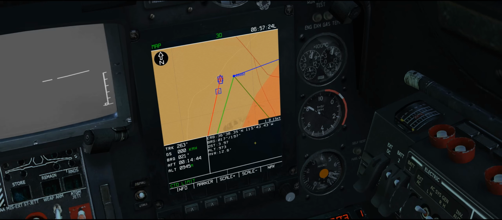And depending on how quickly you need to send in aircraft, you also get the bearings and distance from your position, of course. There is a possibility to actually set a marker and then get this information in relation to the marker rather than your own position. And you can use that if you need to guide in an aircraft